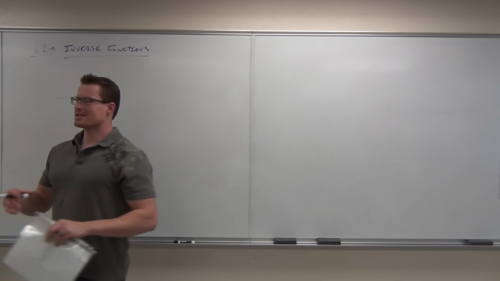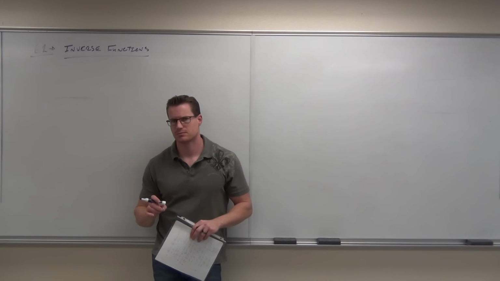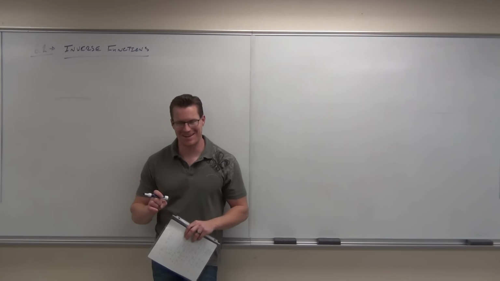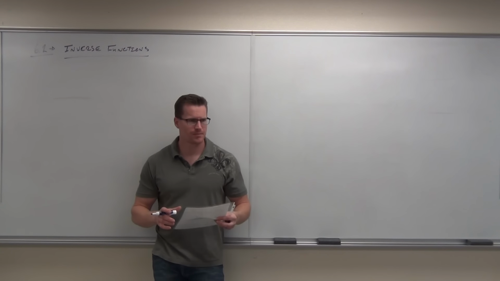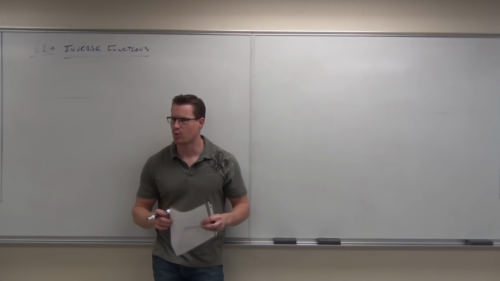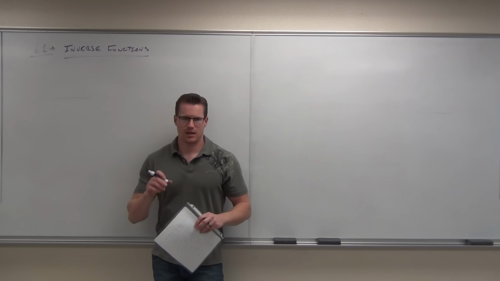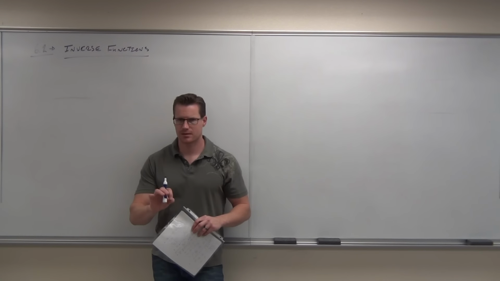Firstly, what does it take for a function to have an inverse? It's got to have an x and a y, right? But it's got to be in a relationship that's very specific. One-to-one? That's right. Have you ever heard that term one-to-one before? One-to-one means that in a function, every input has one unique output. That means if you plug in a number and you get out 2, you get out 2 once,